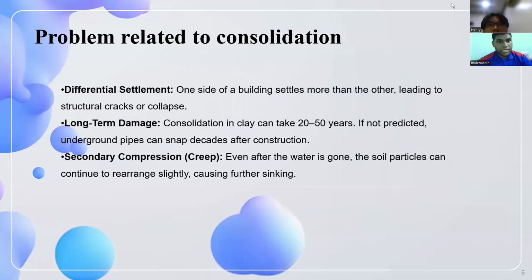Now we go to the long-term damage. The consolidation in clay can take 2 to 4 or even 15 years. If not predicted, underground pipes can snap decades after construction. This is because when the pipe underground snaps a decade after construction, it can make